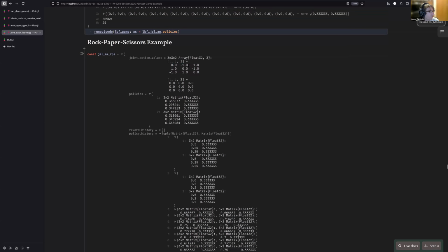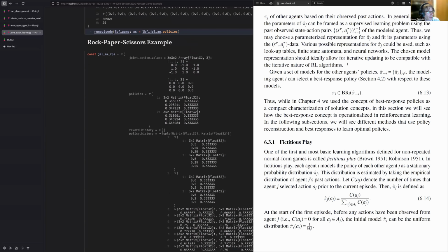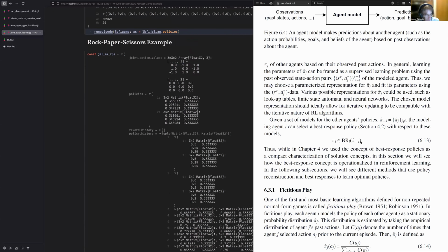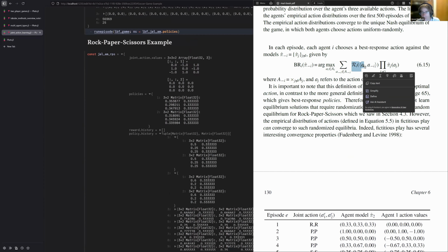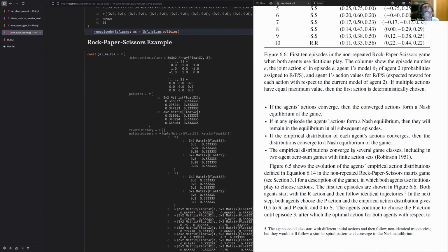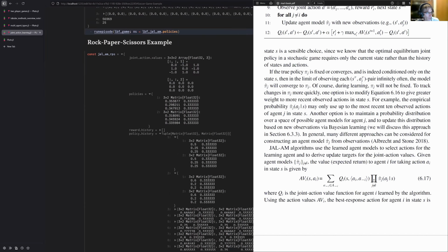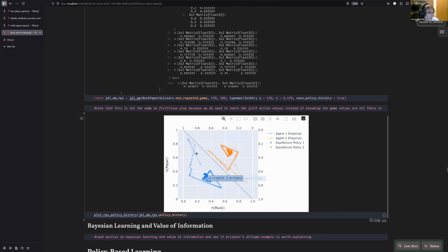And here you can see how these joint action values did learn the proper values for the game, right? But initially these values are wrong, because it has to actually converge these joint action values, whereas if we know for sure that the game only has one state, then we can just immediately start using the reward values for the best response, right? Eventually, when we do the full algorithm and calculate the best response, we have to use the Q values, which we have to wait to converge. That's why this doesn't look quite as clean, but we can see the same kind of triangular trajectories